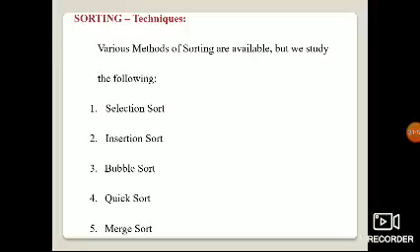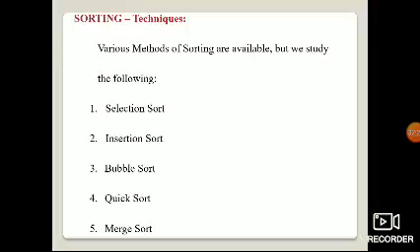So selection sort is nothing but selecting the smallest number and placing it at the first position of the given list. We repeat the same process until completion. How many passes, what is the time complexity, what is the space complexity, how it works and how to select the smallest number, we will see in the other slides.